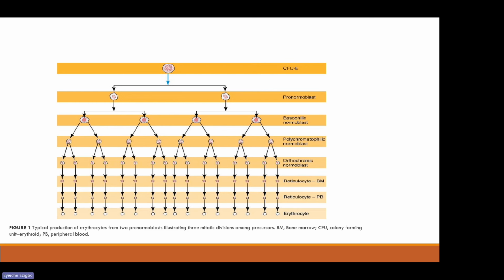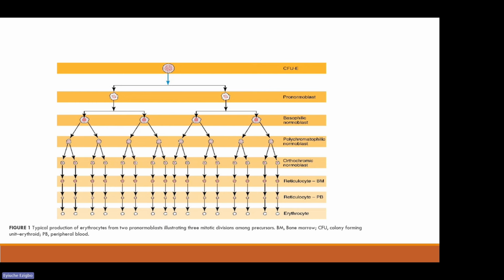Okay, so we can see that in the erythroid cell line, there are many, three and occasionally as many as five, divisions of cells with subsequent nuclear and cytoplasmic maturation of the daughter cells. You can see it here. So from a single pronormoblast, we have up to 8 to 32 mature red blood cells usually resulting. The number of divisions can be increased or reduced depending on the prevailing